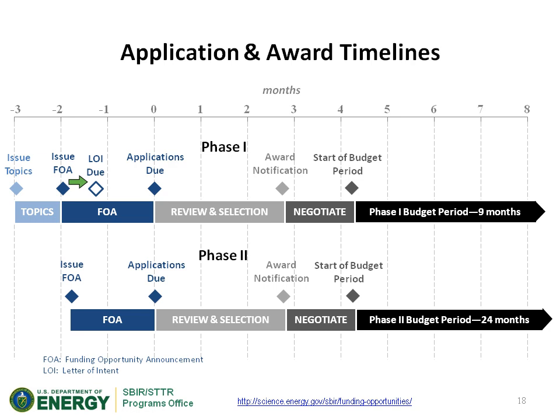And then the next key event is the letter of intent due date. If you are interested in applying, we do have a mandatory letter of intent. And so that is an important date to keep in mind. It's December 16th for Release 2. And then finally, the application due date, and that's going to be February 4th. Those dates are included in the following slides. Again, we have a review and selection process that takes just under 3 months.